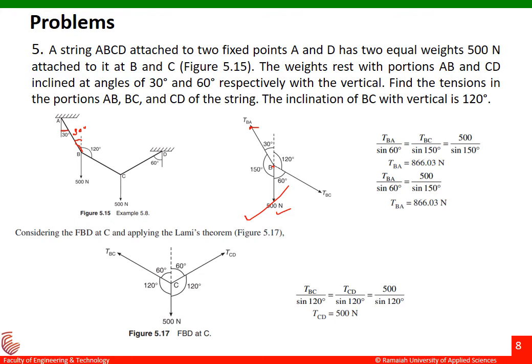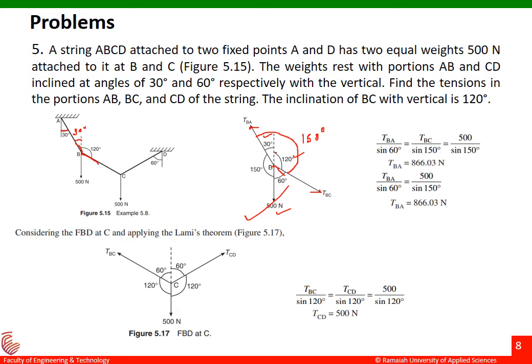Same thing is written over here. Fine, and then this is BC here, TBC. You can see TBC is drawn here. This is written as TBC, and the angle made by this vertical and the TBC is 120 degrees, which was given in the question. Now the total angle made between TBA and the TBC is 120 degrees plus 30 degrees. It will be 150 degrees over there.